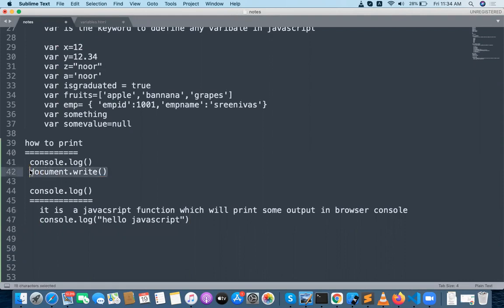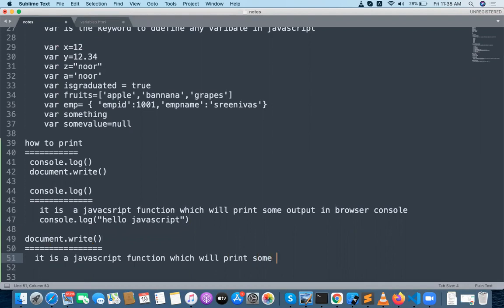What about document.write? Document.write is a JavaScript method, a JavaScript function, which will print some output on top of the browser, on top of the body.